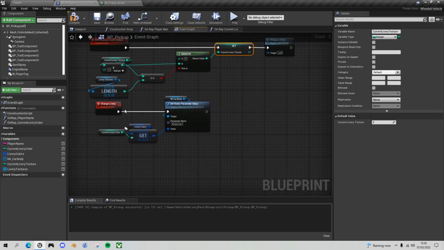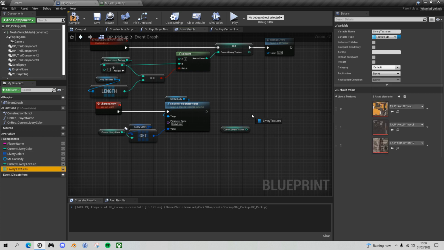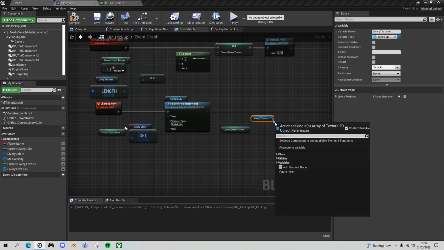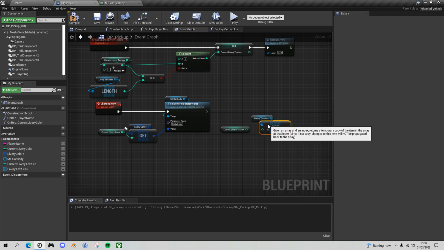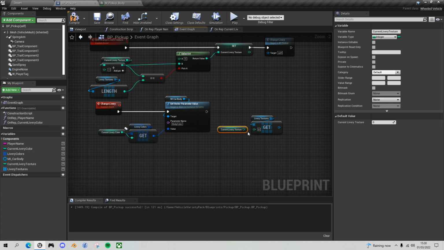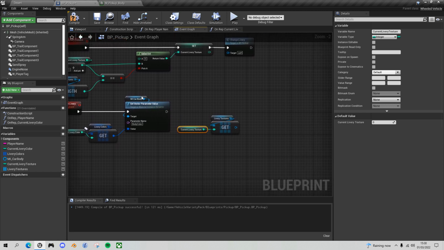So our change livery function changes the color at the moment. What we want to do is now change the texture as well. So similar sort of idea. Take the current livery texture index, take our livery textures array and do a get. We're going to get the livery texture at our current livery texture position, and now we need to apply it